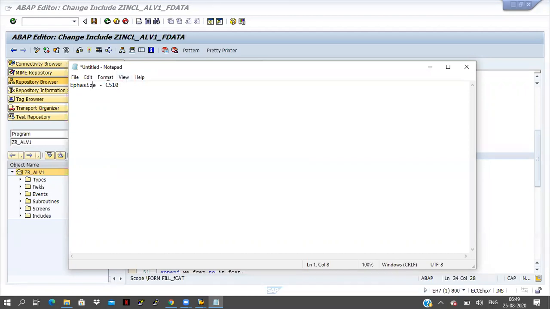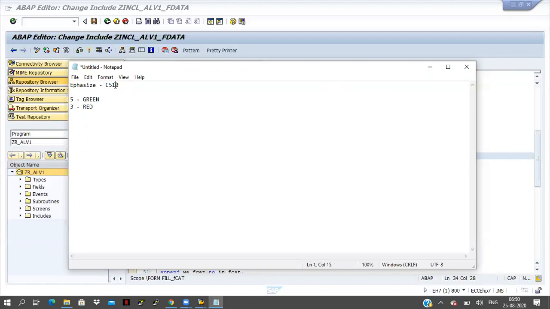C means color indication, I'm applying some color here. 5 means color number, there are some color numbers here. 5 is for green, and 3, I don't know exactly, maybe red. You can take anything from 1 to 9 and the colors will change. 5 for green, 3 for red, like that the color numbers will be there.